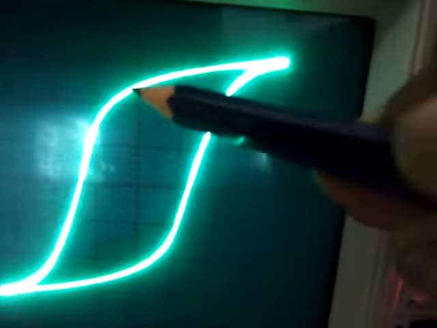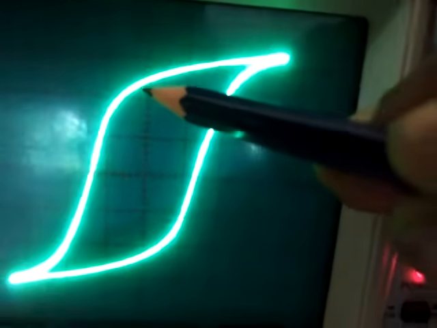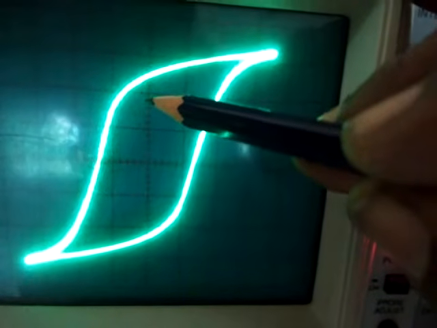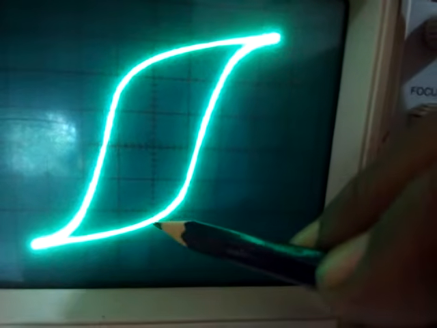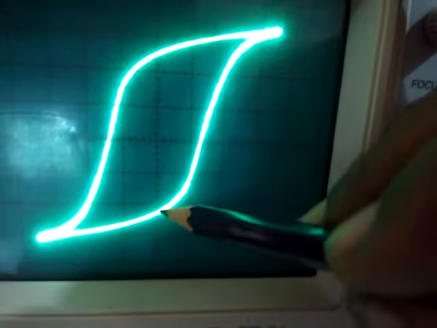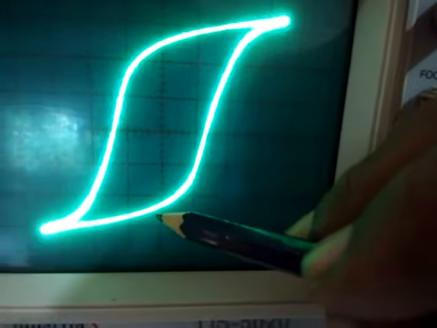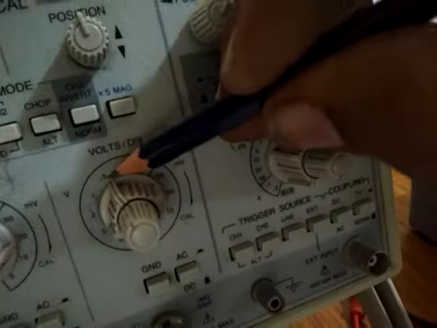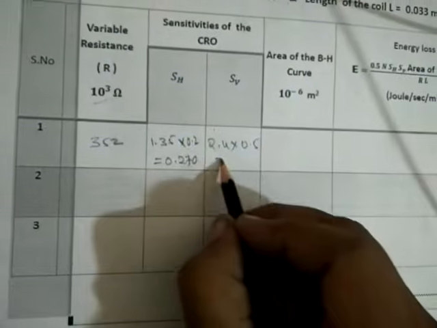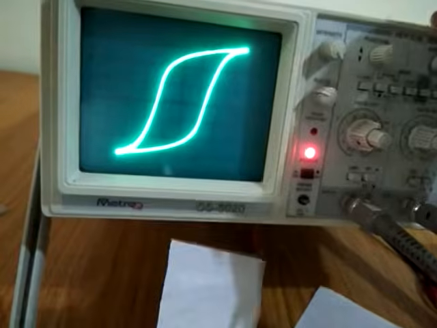Similarly, we will now measure the vertical sensitivity. We can observe the vertical sensitivity readings to be 0.2, 0.4, 1, 1.4, 2.4, 3.4, 4.4, 4.6 and 4.8. So 4.8 by 2 will be 2.4, into the vertical magnification. Here the scaling factor we have applied is 0.5. So this arrives to be 1.2.